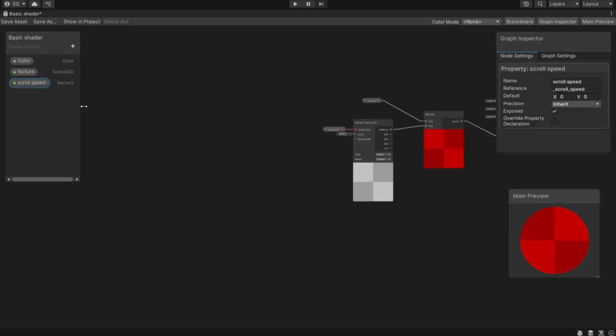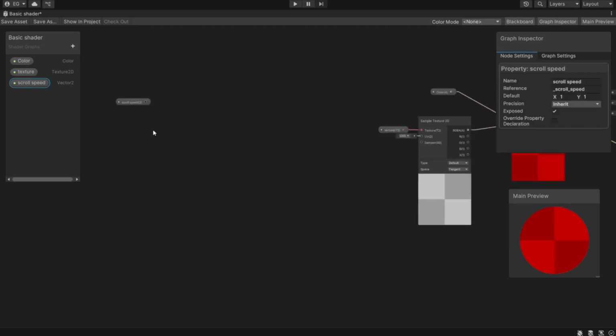Now, just for reference, let's click on it, and then you can edit. If you click on node settings, you can see the properties of the variable. For us, let's say we want to scroll it one speed, and then the Y will put 1 as well. So it should scroll bottom left to top right if we do this correctly. So what we're going to do is take our scroll speed,